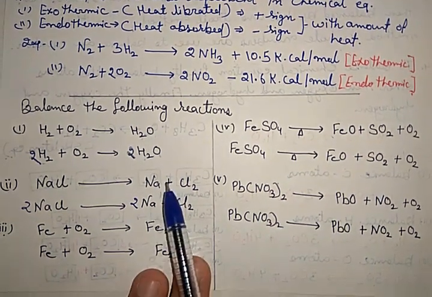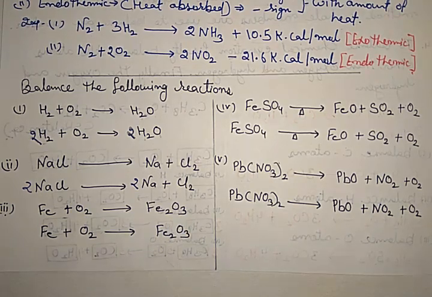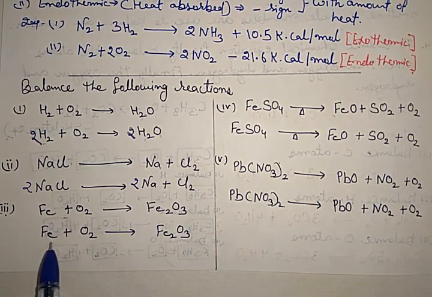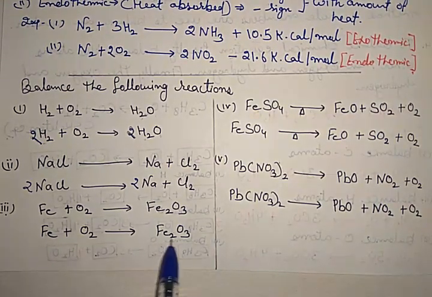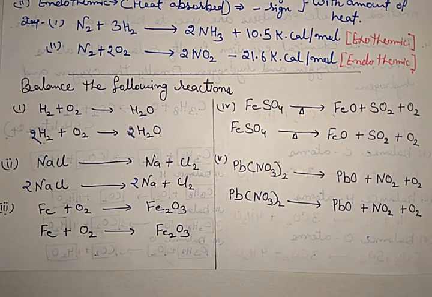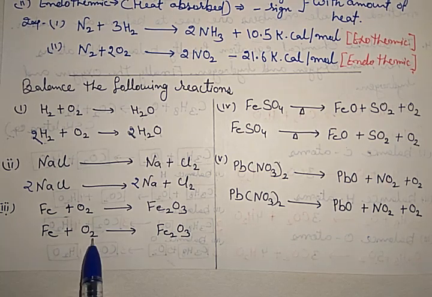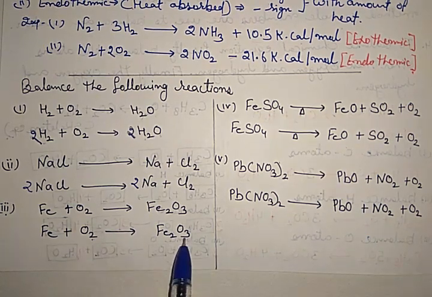Fe2O3. Fe plus O2 equals Fe2O3. Again it is unbalanced, so write it again. Fe plus O2, Fe2O3. As I told you, the element which is more, try to balance first. Oxygen, that is 2, oxygen, that is 3. Now we have to balance it. How can we balance the 2 and 3?